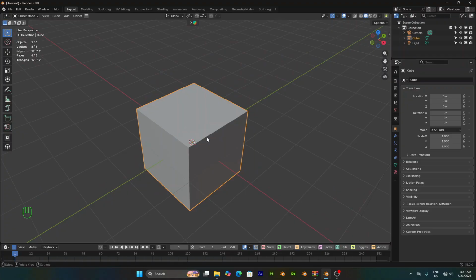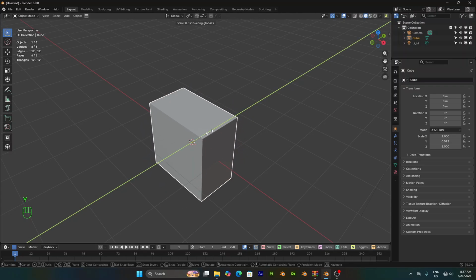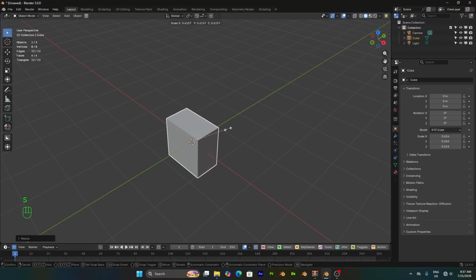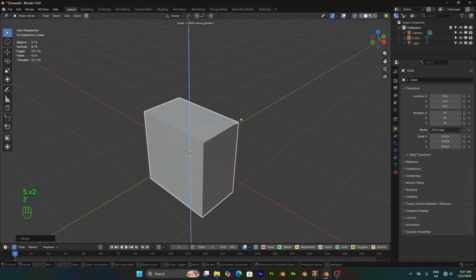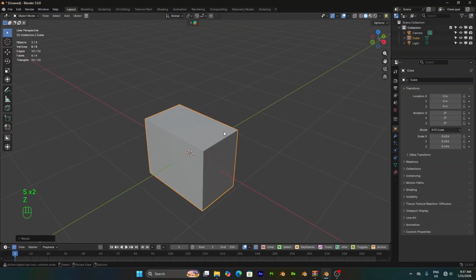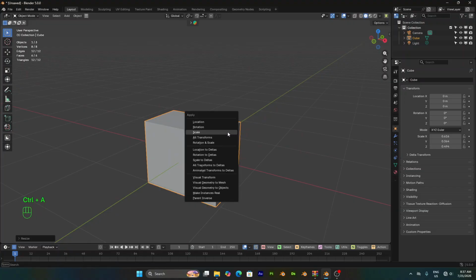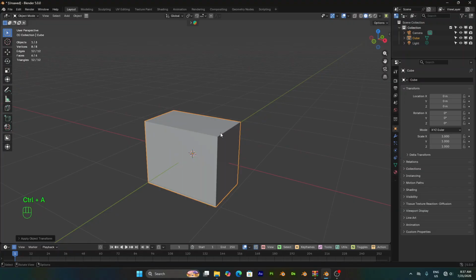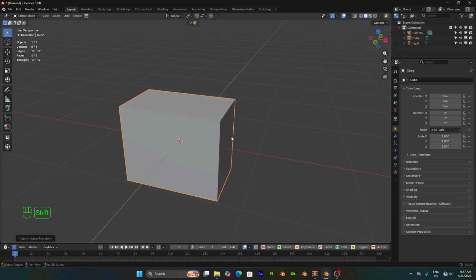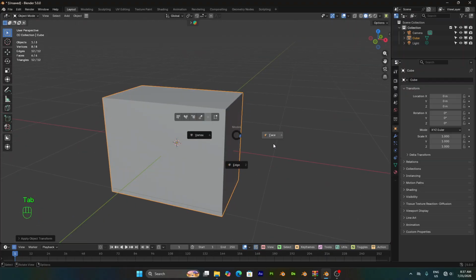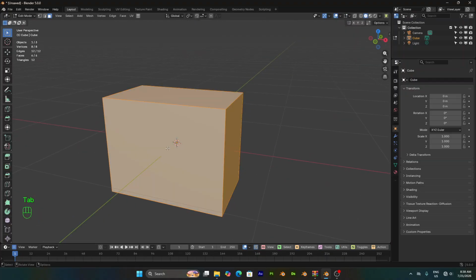This time we won't delete the default cube. Just press S and then Y to scale on the Y axis, and then S to scale it down, then S and Z to scale it one more time on the Z axis. Ctrl A to apply the scale. Now let's go to edit mode and select this face,